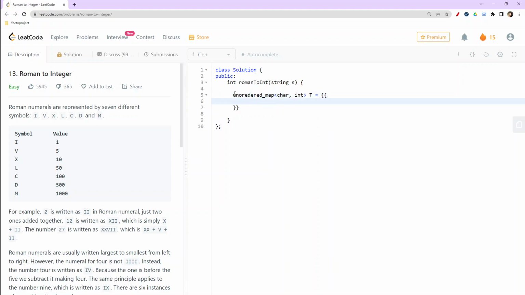Now this is how we would be storing here. So let us start with the storing part. First we are storing I, and that I is basically mapped to 1, and then we are storing our V, which is basically mapped to 5, and then we are going to store our X, which is basically mapped to 10,